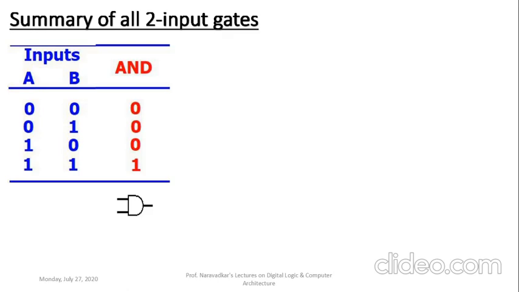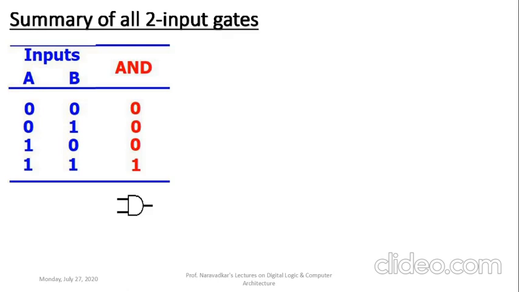Now what is the logical equation of that AND gate? Suppose that output is designated by a variable y, output y, then y is equal to a dot b, or simply y is equal to ab is the logical equation for that corresponding AND gate here.